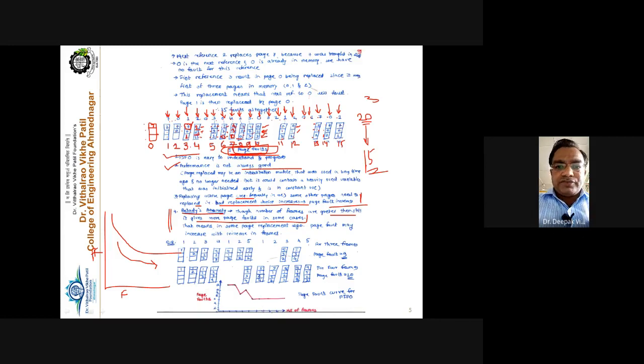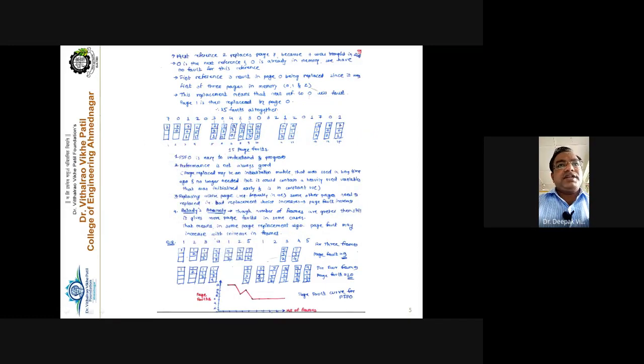But this particular FIFO algorithm suffers from Belady's anomaly. In Belady's anomaly, though you increase the number of frames, it will increase the number of page faults. How? That we'll see with an example. So take this example. In some page replacement algorithms, and FIFO in particular, suffers from this problem. This particular problem is called Belady's anomaly.